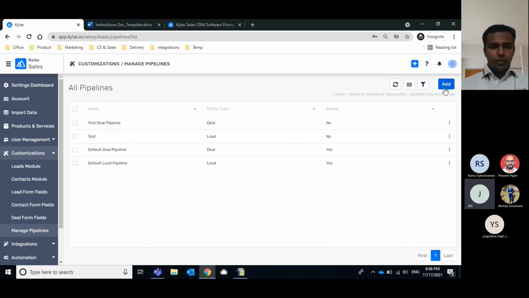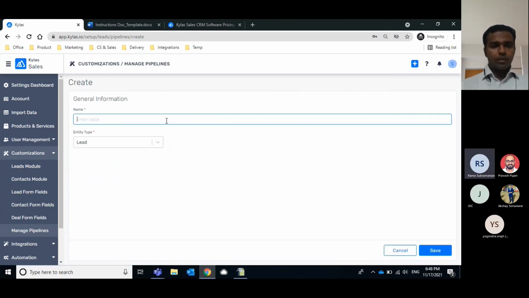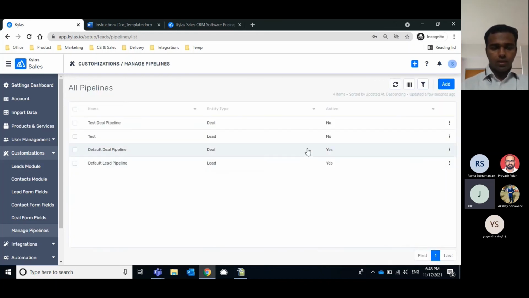In that case, if you already have a pipeline which you are using, you can just create a new pipeline over here. Whatever you are using, that is quite possible. I will just copy and paste and change the headers according to the fields that I have created in Kailas as of now. But the challenge which remains is formatting, because for example, if I have to enter the date, you have different formats. So I want a ready reckoner, so that whenever I'm pasting my data under a particular header, I know that I am pasting in the right format that is required by Kailas.